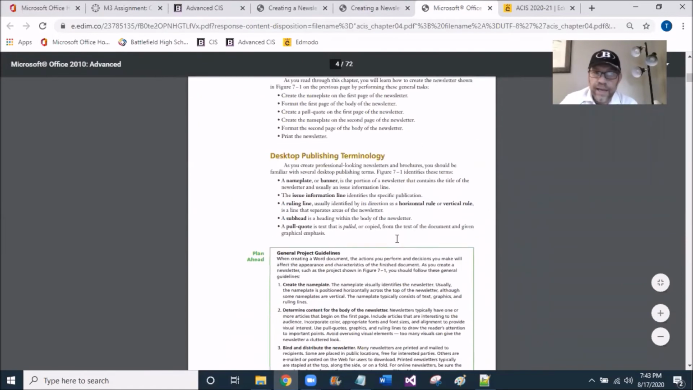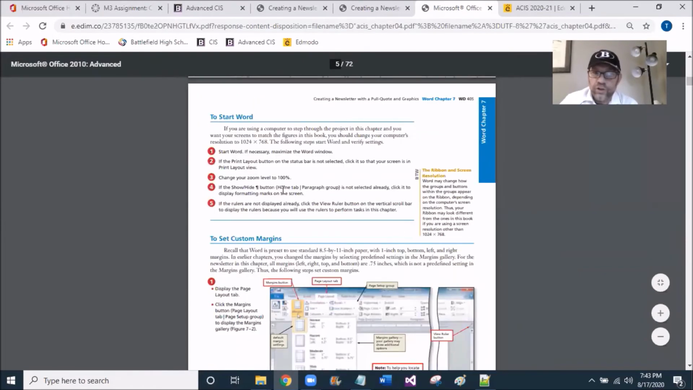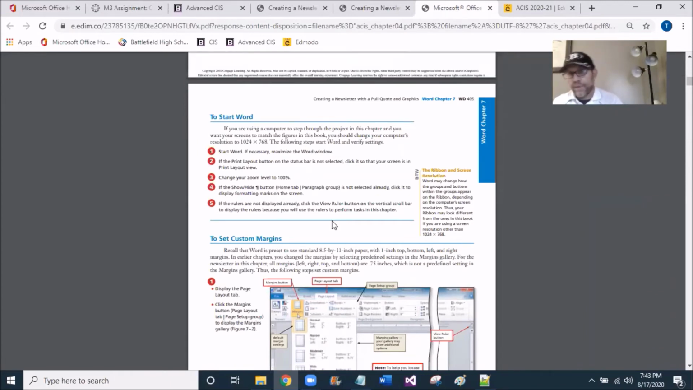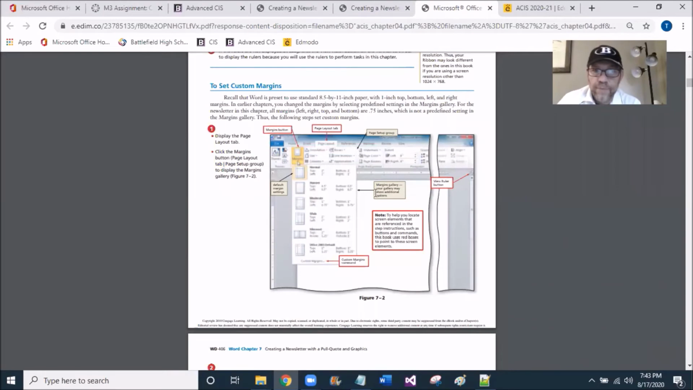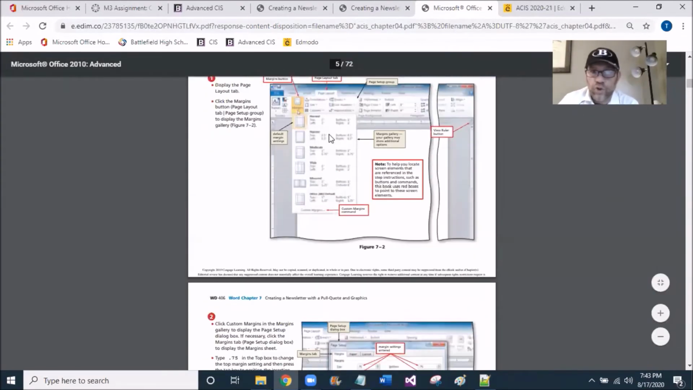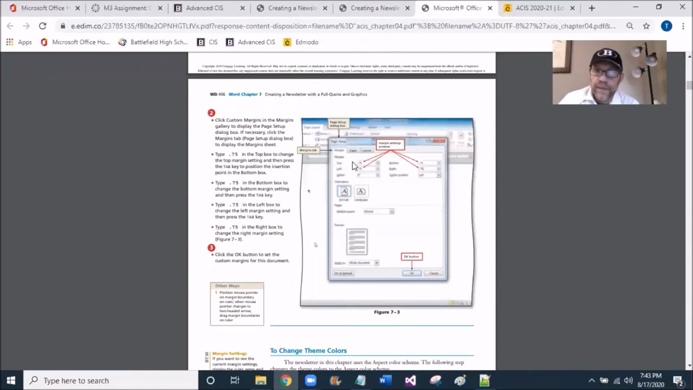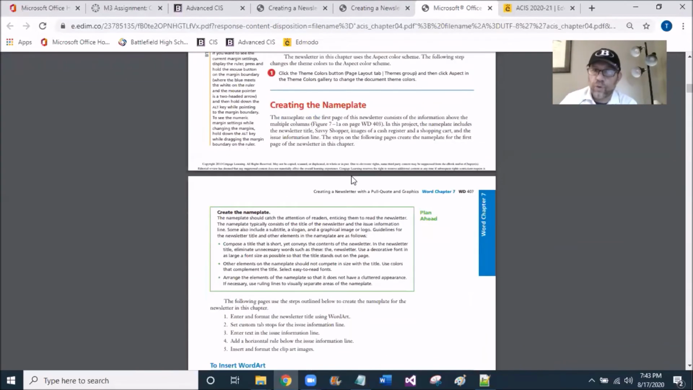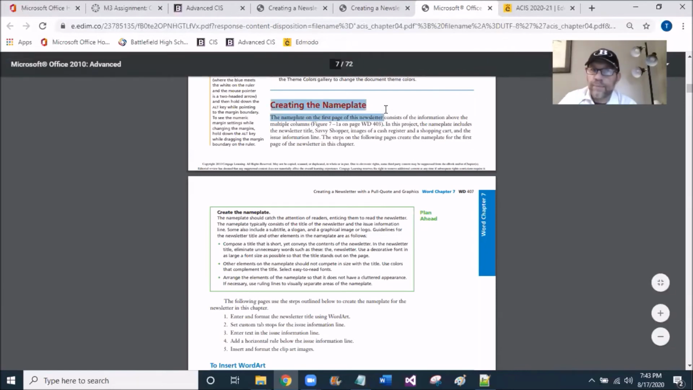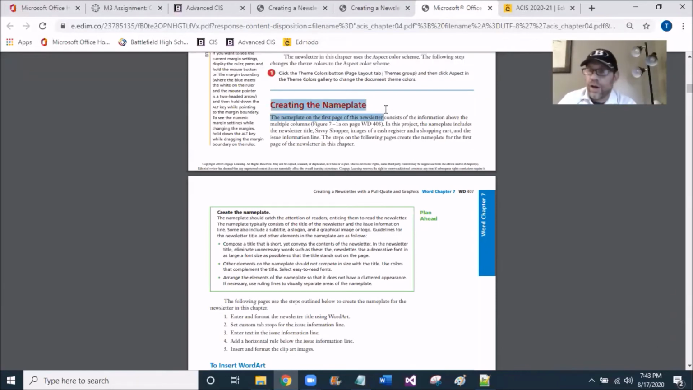But again, you get down in here and you're going to, for the most part, be starting with a template, but the template's going to be, for the most part, blank. So you can see it kicks you off with, one of the first things it does is just the margins. And then it gets into the page setup, adjusting those margins. So before you actually do anything, it's widening out the document a little bit. So when it says creating a nameplate, that's for the most part the title of the